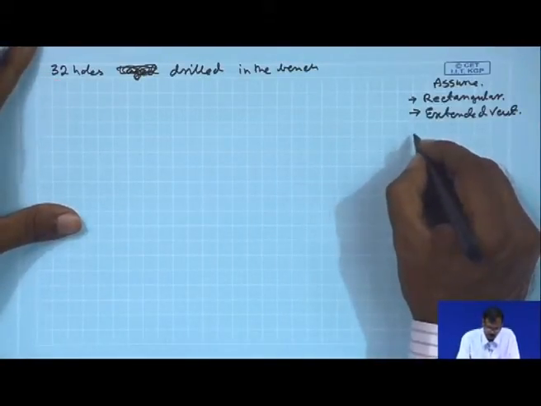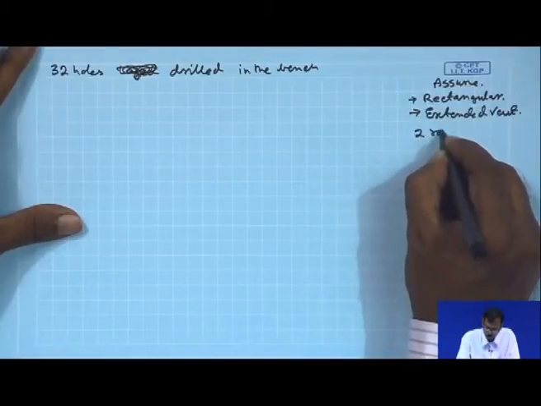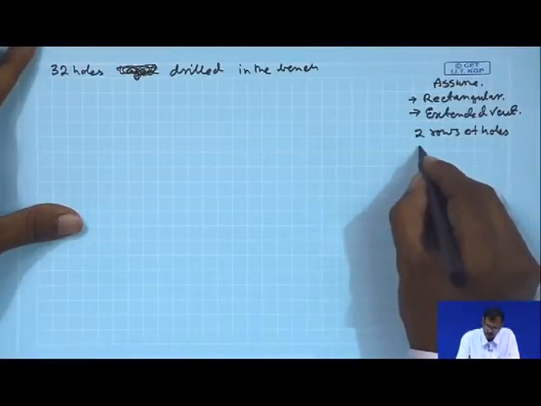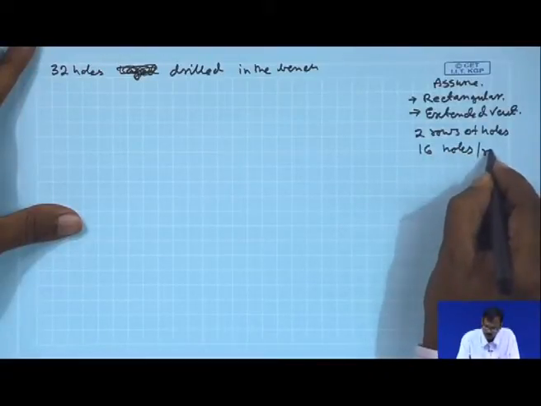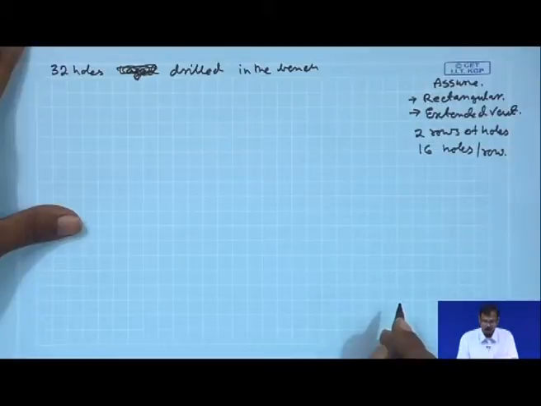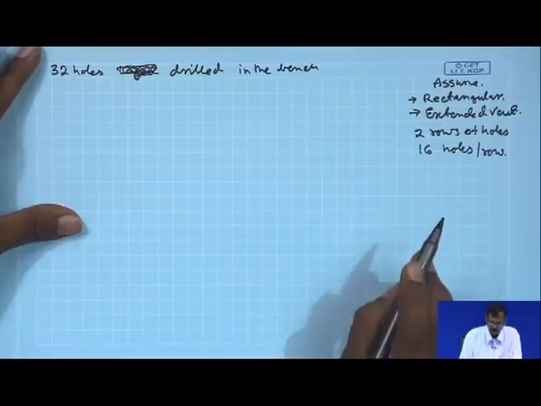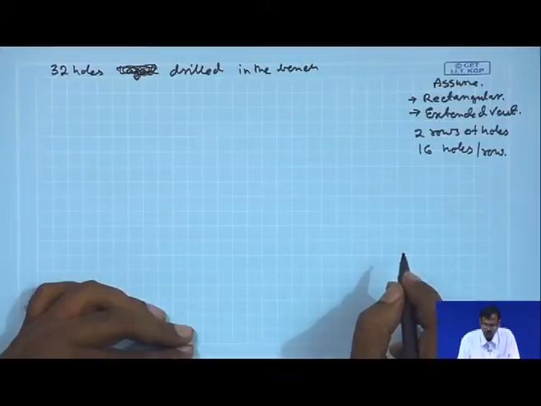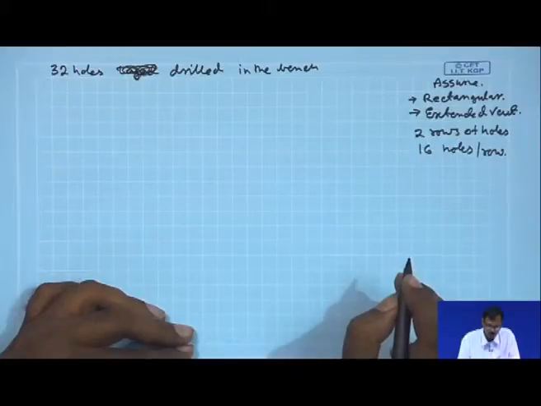Let us consider it will be a drilling of 2 rows of holes, and each row should have 16 holes. So considering this, we have to lay down the holes in the bench, but prior to that we have to determine what will be the quantity of explosive to be placed inside one hole.